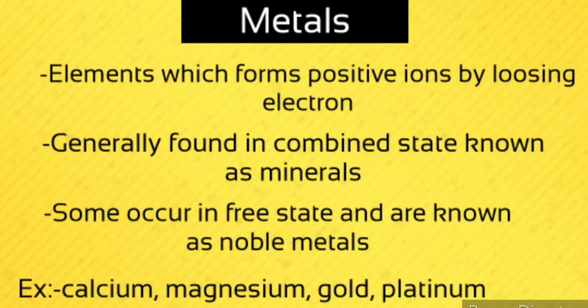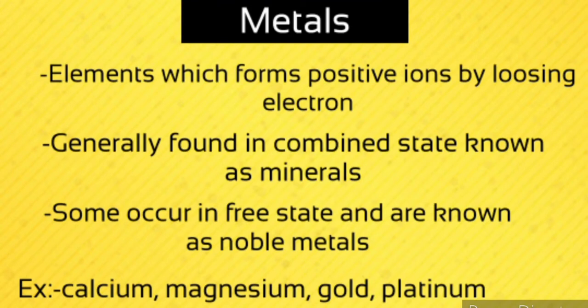Like we have the carbon. Carbon having the valency 4. So carbon is not actually considered a metal because it can share its electrons, so it is taken under the category of non-metals. Okay, so we have 3 general categories: metals, non-metals and metalloids, but we study only about the metals and the non-metals.